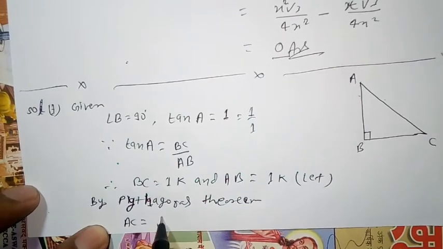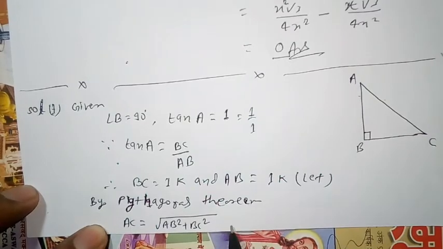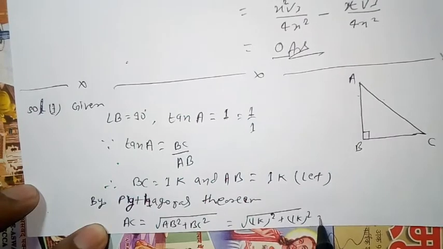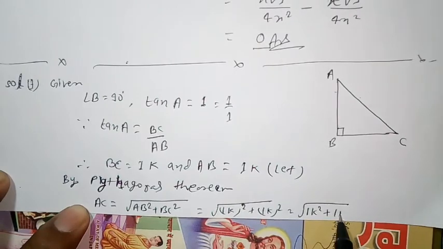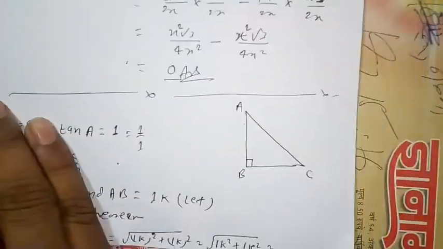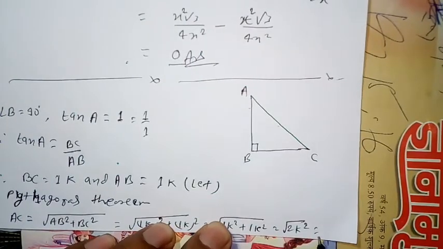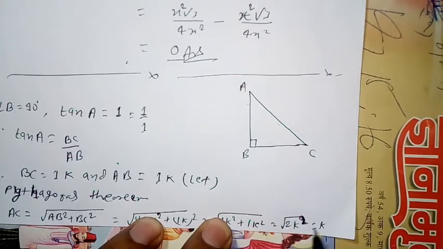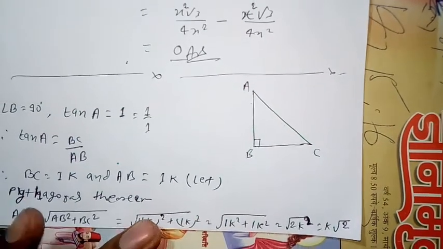AC is equal to root under AB square plus BC square, which is equal to root under 1K the whole square plus 1K the whole square, is equal to root under 1K square plus 1K square, is equal to root under 2K square, is equal to K root 2. This is the value of AC. Okay,